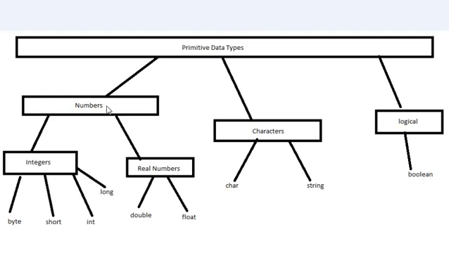Under the numbers category we have integers. This is all numbers that don't have decimals. We have byte, which is a very small integer number that can hold a value starting at negative 128 all the way up to positive 127. If you go past that, what has happened is called overflow, and you will get an error in your program. We've got the short data type right here, which is a 16-bit type, and it has a value that